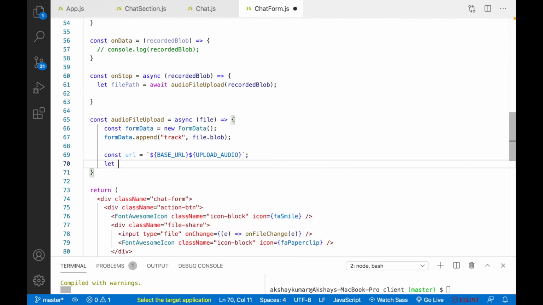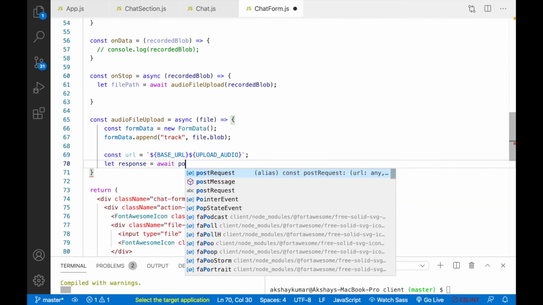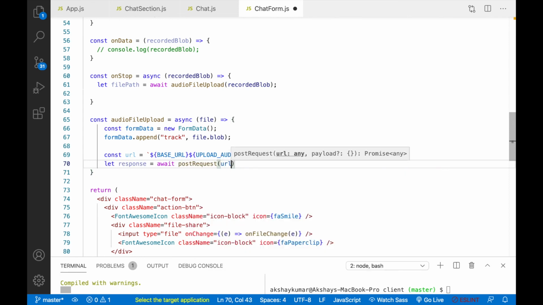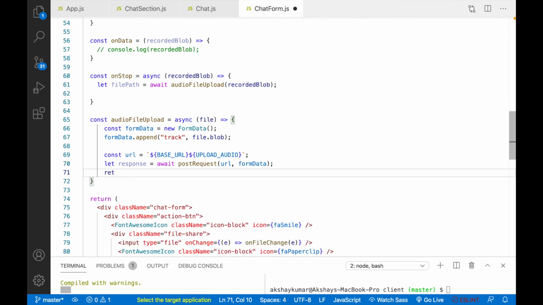We'll write let response equals to await post request, and here we'll pass url comma form data, and here we'll just simply return response. So now because of this return response, we'll get the file path url here, and here